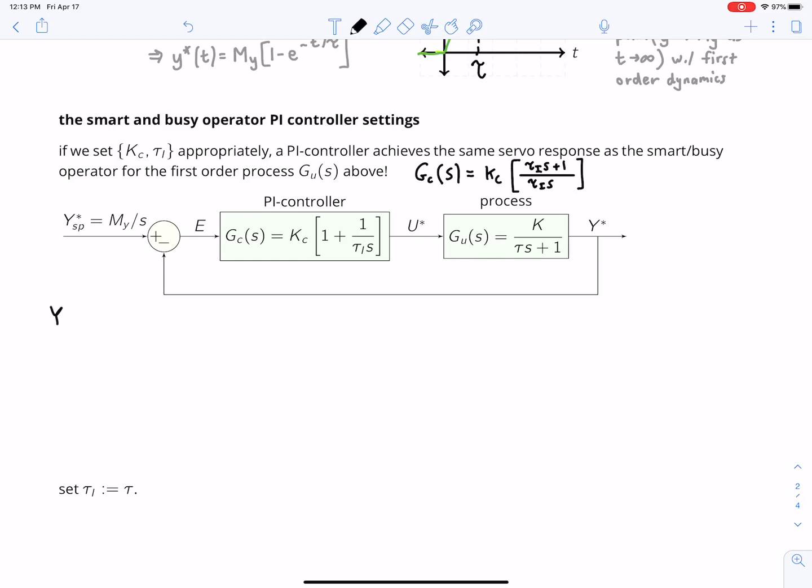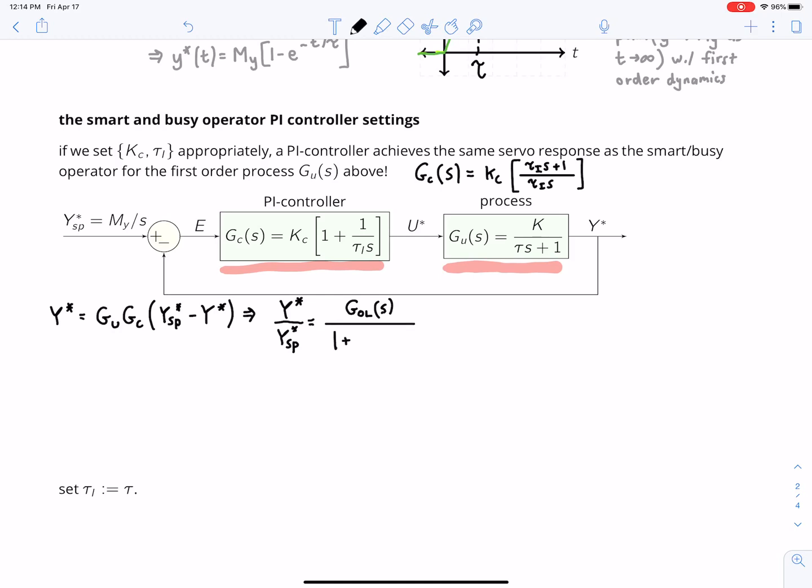So we could write Y star equals, and if we focus on this right here, it's GU times U. But U, if we focus on this, is GC times E, right? But E is the set point minus Y. And this is just a review of your closed loop block diagram algebra. If we solve for Y, what we get is Y star over Y set point star equals GU GC, and I'm going to call this GOL for G open loop, over 1 plus GOL of S,